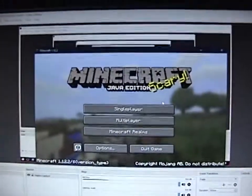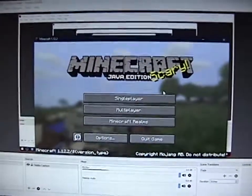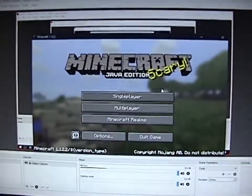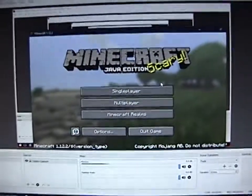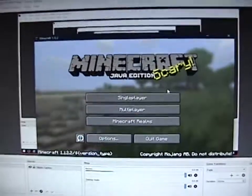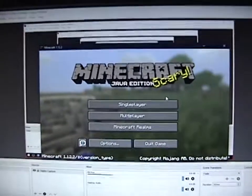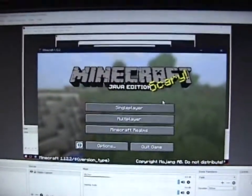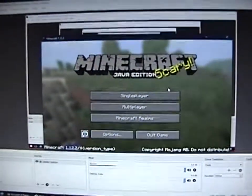Well, I found out, to my great surprise, with this new video card, I can record Minecraft at 720p, 30 frames per second, the better quality scaling mode, and it looks beautiful and it works perfectly, no stuttering at all, and Minecraft itself still runs at a solid 60 frames per second. I was blown away. I didn't imagine that it would totally solve my OBS screen recording problem, but it did,